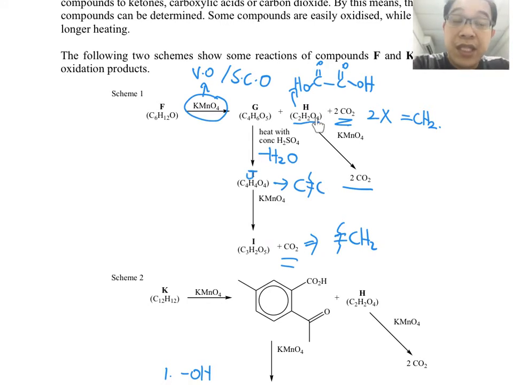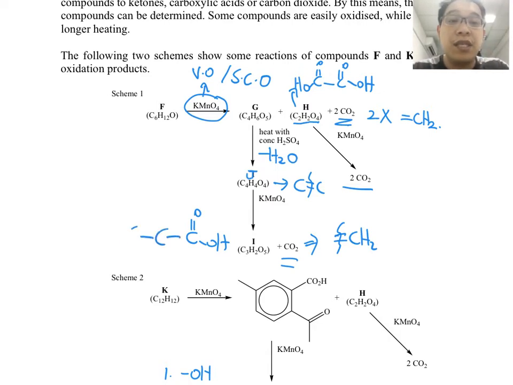Because we have deduced what this is, because it's memorized, now I know that here is a terminal alkene. So I can roughly predict what your I is. Because you see I got 5 oxygen, 3 carbon. There are not a lot of combinations it can be. First of all, if you see a carbon with many oxygens present, I want you to think of one thing: likely there is a carboxylic acid present. And you notice that a carboxylic acid always exists at which position? It's always at the end position, which means it can be either the extreme left or the extreme right. So there are only 3 carbons, and there are not a lot of ways to arrange 3 carbons with a carboxylic acid. It has to be linearly arranged.